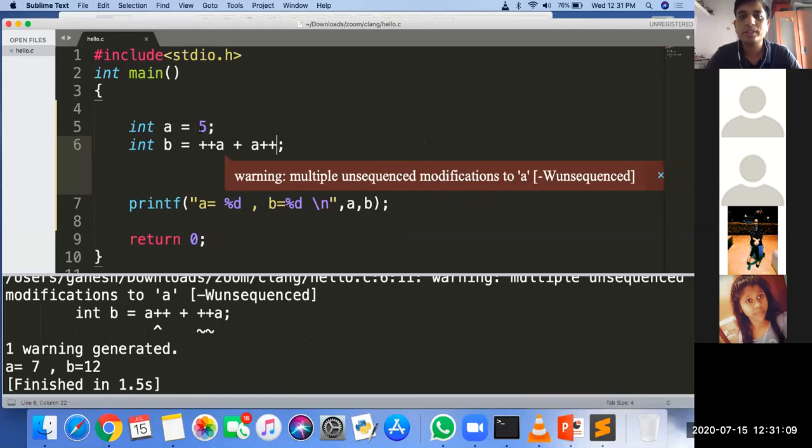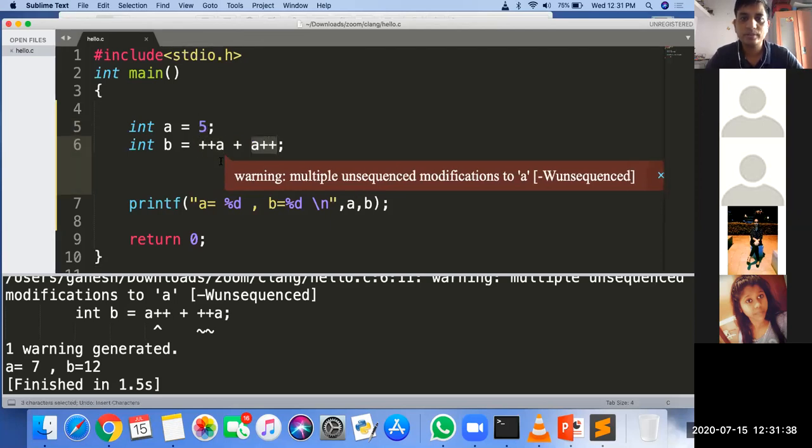Just solve it. 5 gets applied and A gets incremented. Then A is incremented to 7, and that incremented value is applied here. So 7 plus 5 is 12. The answer is B is 12, A is 7. Got it?